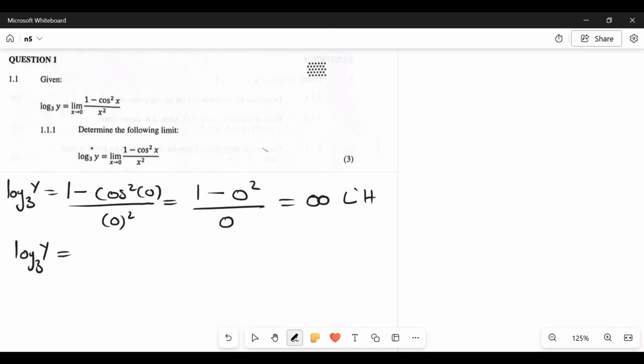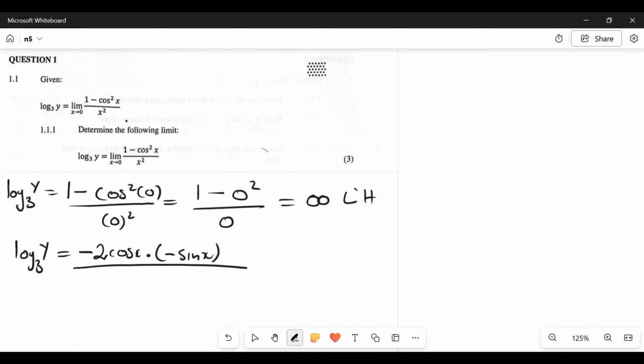and then we derive the first term on the numerator, which is 1. So 1 is actually 0 when we derive it. Now we have minus the second term, cos squared x. So we have to derive that cos squared x. This is a chain rule, guys. So when we derive cos squared x, we're going to have 2 cos x multiplied by the derivative of cos. We know that is negative sine x. There we go. Divided by,